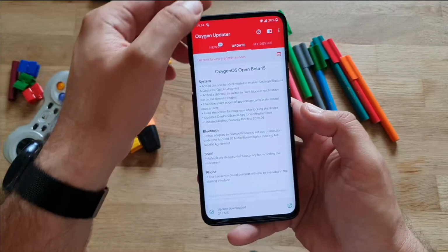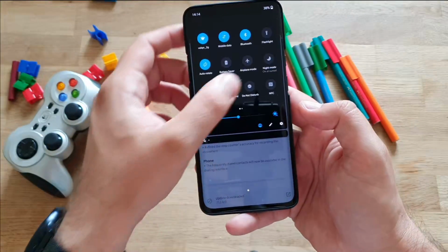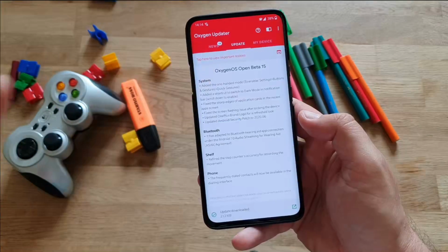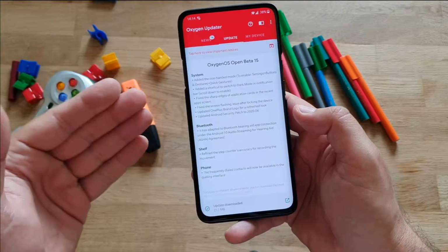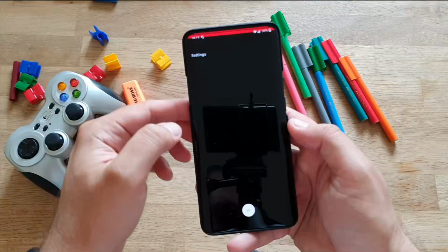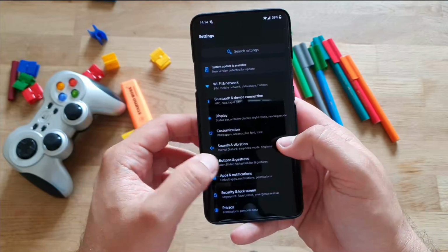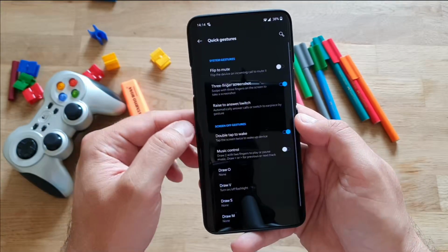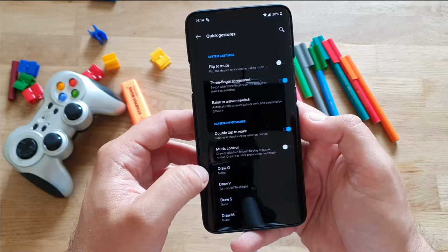Okay, now we have already a way to enable dark mode from the drawer here, which is really very convenient finally. But let's just test the very first biggest thing here, which is this one-handed mode. So let's go to buttons and gestures, all right? So settings, okay. Then we need to go to buttons and gestures, and then, guys, here we have to go to quick gestures, and apparently here we should be able to